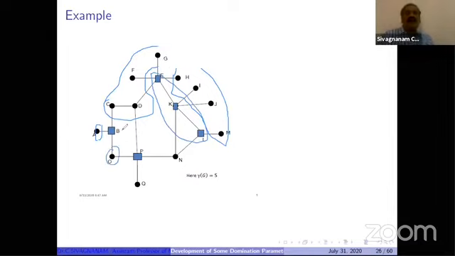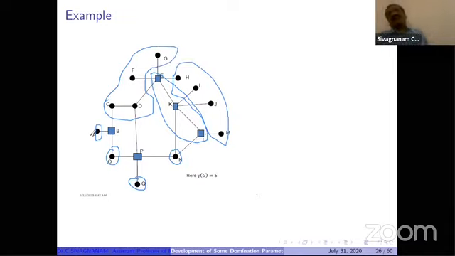What are the vertices not available in NS? N is available in NS. Q is available in NS. These are the vertices available in NS. So you have to see this O is an isolated vertex in NS. Q is an isolated vertex in NS. A is an isolated vertex in NS. So NS contains an isolated vertex.